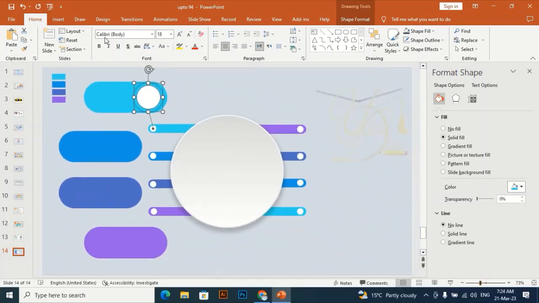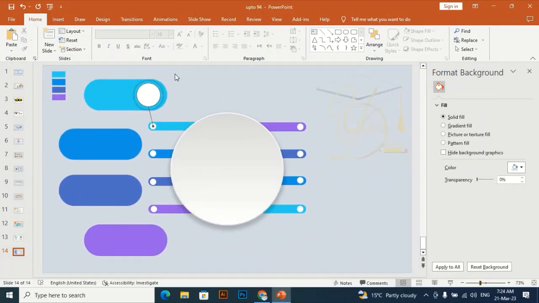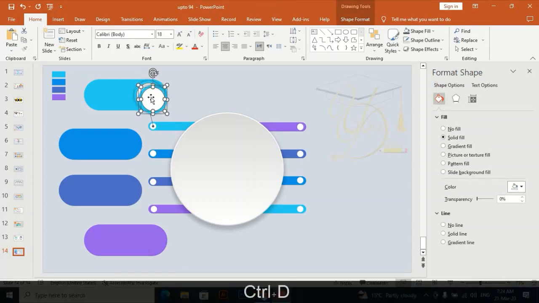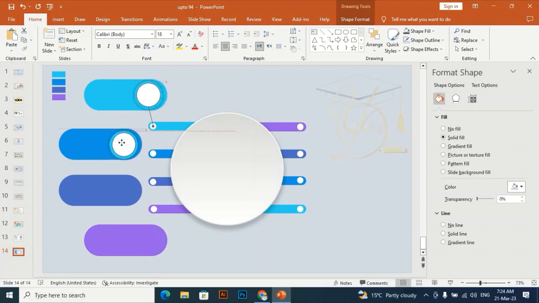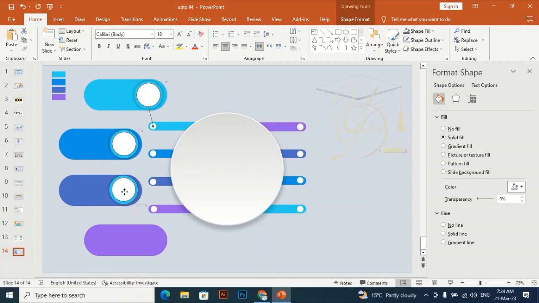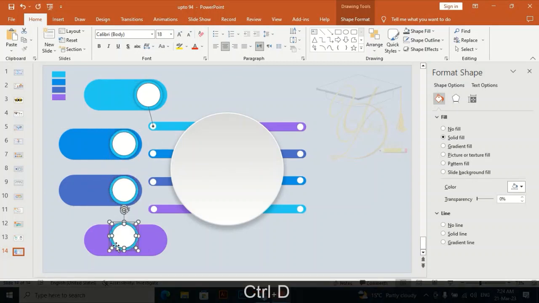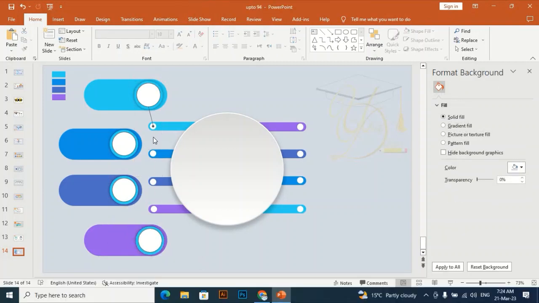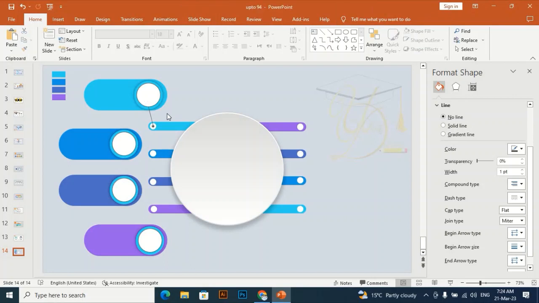And now I'm going to take a duplicate of this one, Control D to duplicate it and place it here. Again, Control D to duplicate it and place it here. Again, Control D to duplicate it and place it here. Let me zoom in to